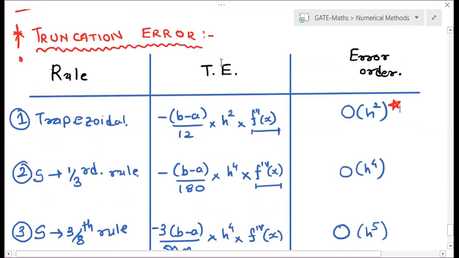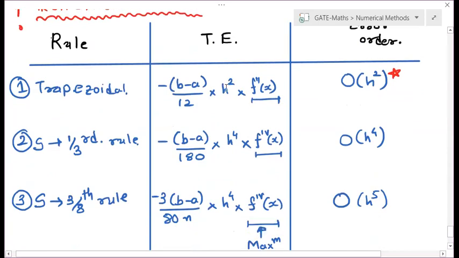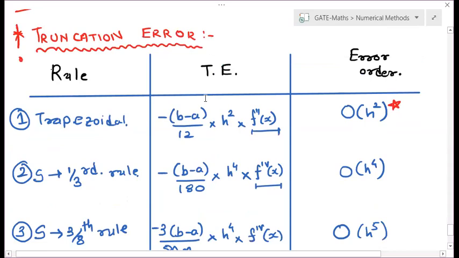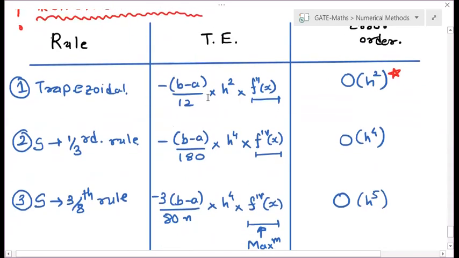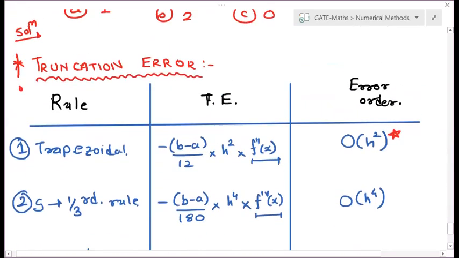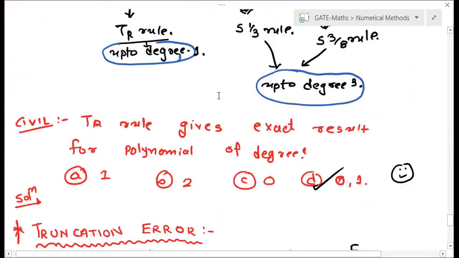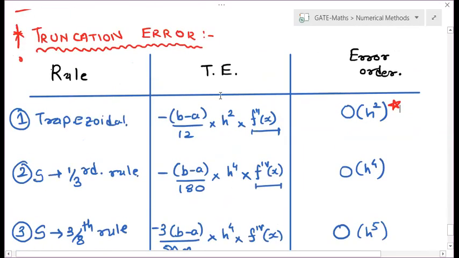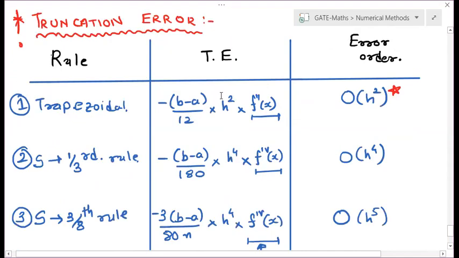Right. So this is one definition of truncation error. It is derived from Taylor series, but we don't need to see it in more detail. This is enough. Okay. So shall we move to our third section of this chapter, that is numerical solution of differential equation? Right. This table is clear or not?